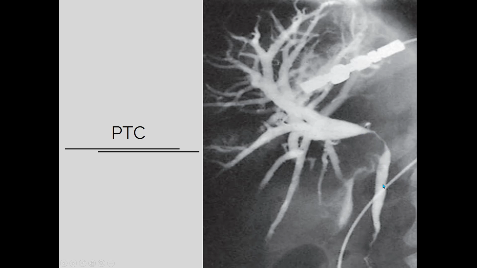CBD seems normal. Okay, so you have to mention where is the narrowing and how is the narrowing, because this narrowing is smooth, so seems to be a benign stricture. Okay, but if you are asked a differential diagnosis, you can just write down this is a stricture that may be benign, number 1, and number 2 that may be malignant. Okay,